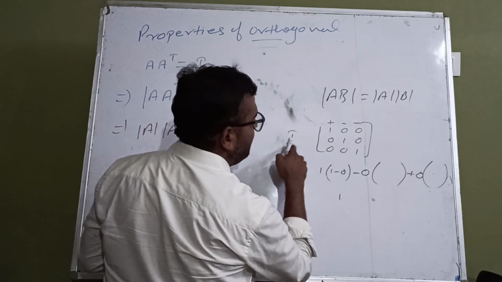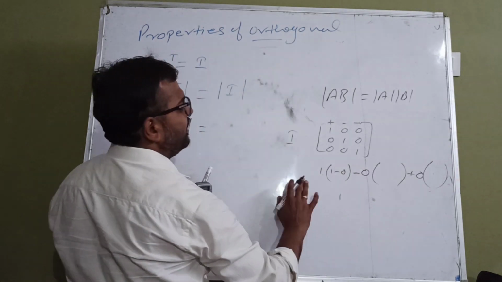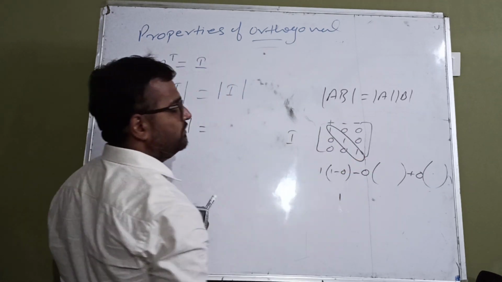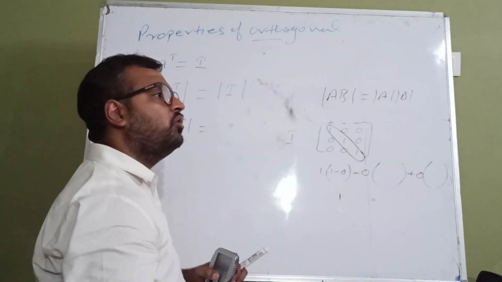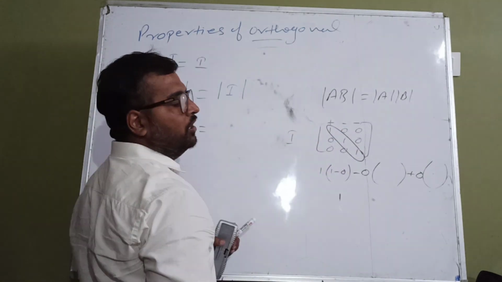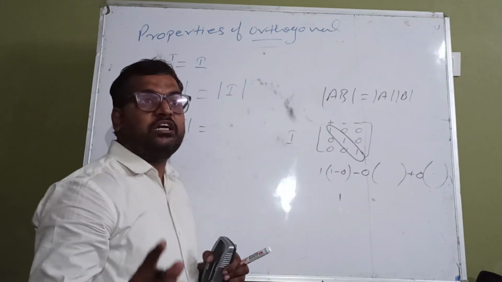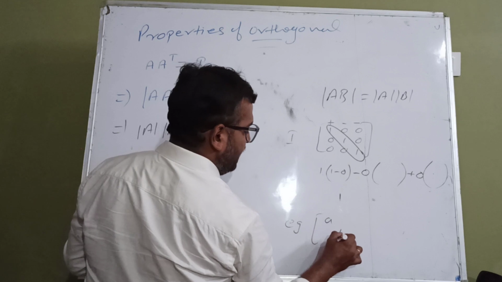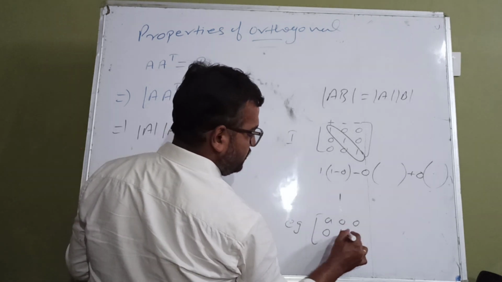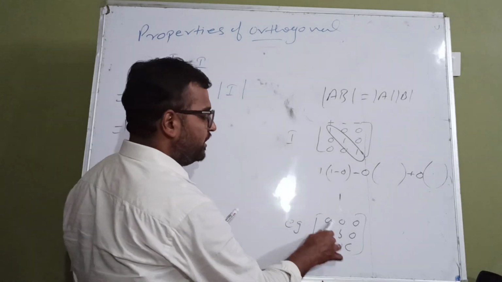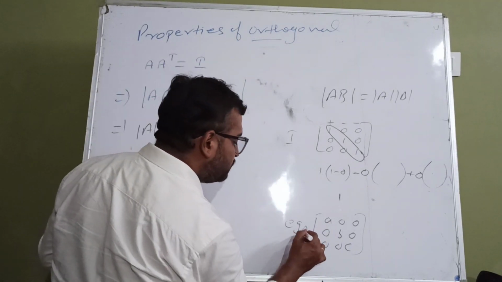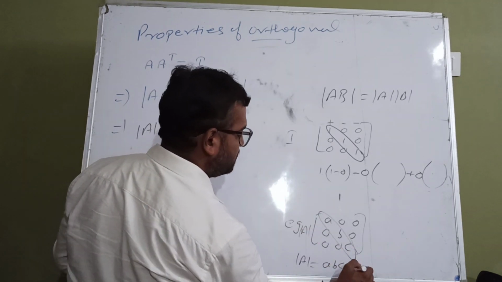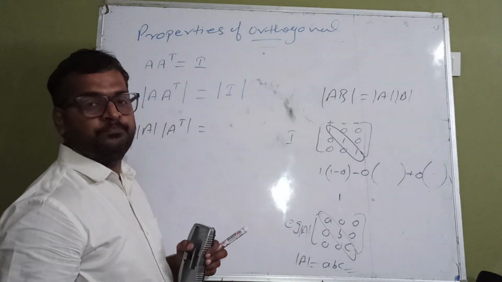If it is your identity matrix, then do not find the determinant like this. Simply, in the case of identity matrix, the product of all the diagonals will give the determinant value. And not only in the case of the identity matrix, but also in the case of a diagonal matrix. What was the diagonal matrix? In a diagonal matrix, just for example, suppose a diagonal matrix with a, b, c on the diagonal and 0 everywhere else. This is a diagonal matrix. All the elements except the diagonal elements are 0. And if you are going to find the determinant of this diagonal matrix, then simply find the product of all the diagonal elements a, b, c. This is the required determinant value. Okay.